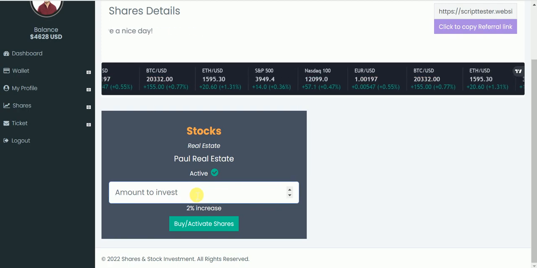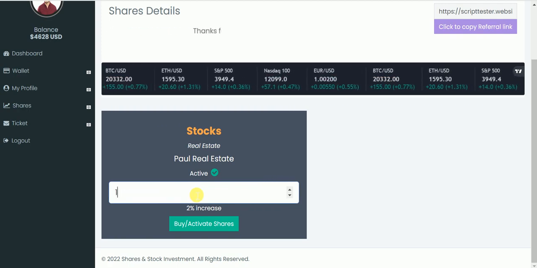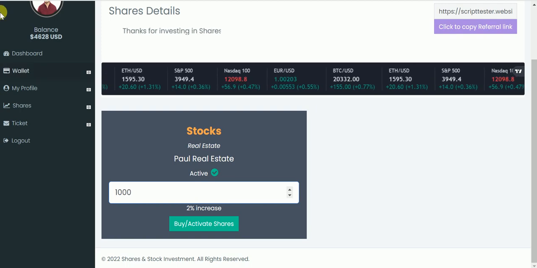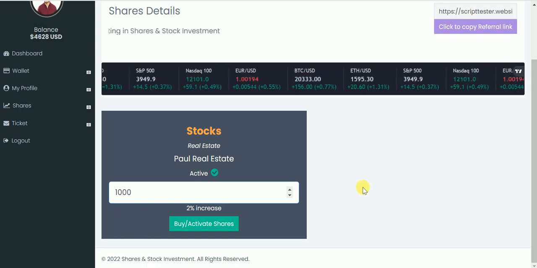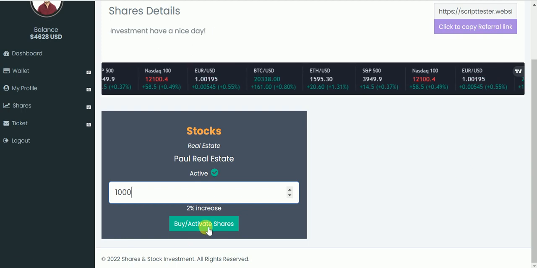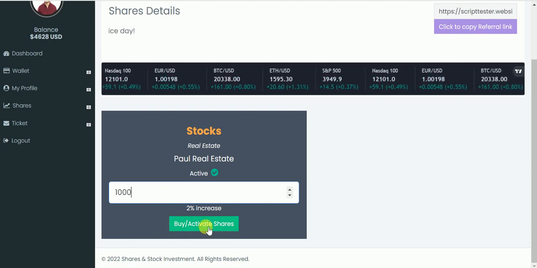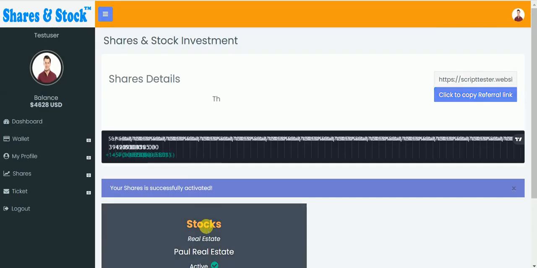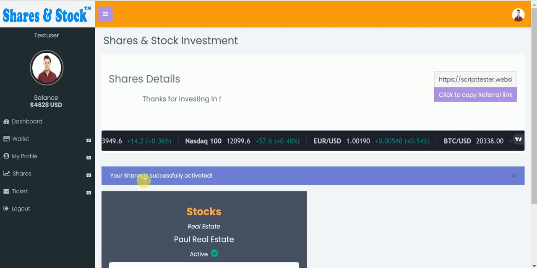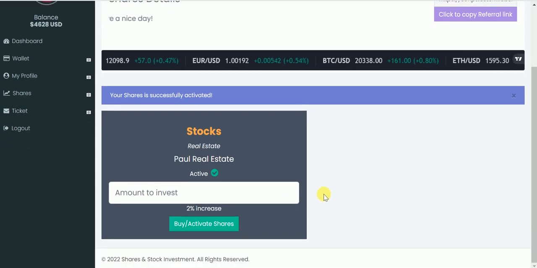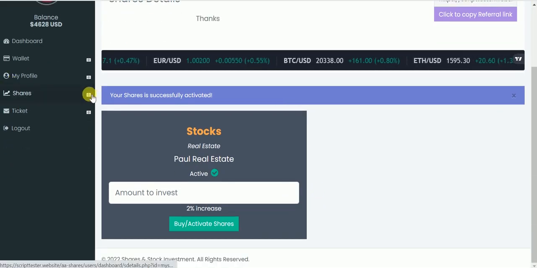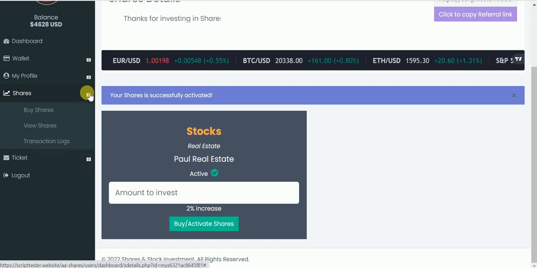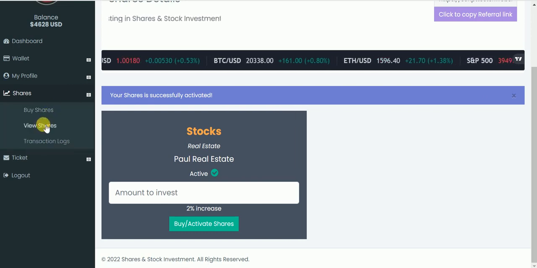Let's say the user wants to invest 1,000. Look at the amount remaining there, 4,628. Let's say he wants to invest 1,000. He clicks on buy activate shares. Your share is successfully activated. Now if the user comes here and clicks on view shares,